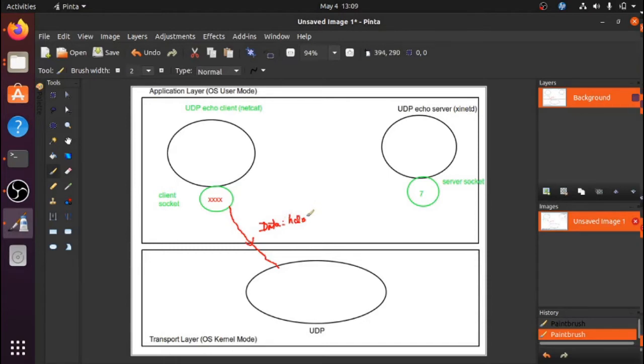So hello is 5 characters plus one more for the new line. And what is the source port from where this packet is coming? The source port is whatever, XXX. We don't know what it is. Really, it's not very important. So some source port. What is important is the destination port.